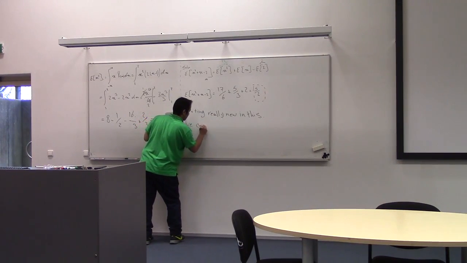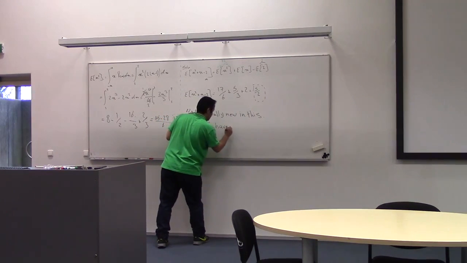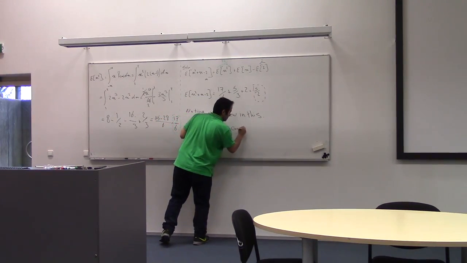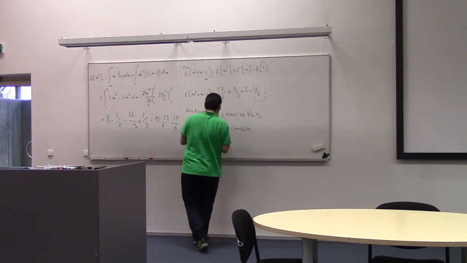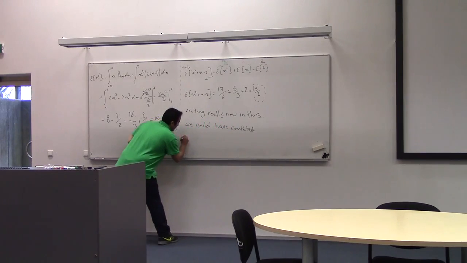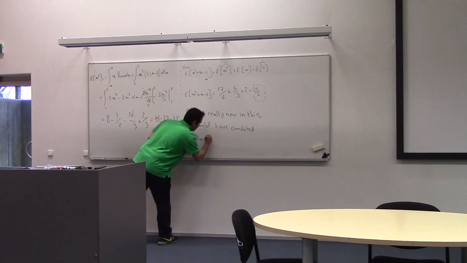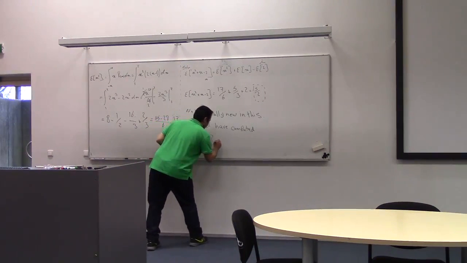We could compute this expected value of x power 2 plus x minus 2 in this form directly